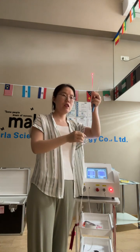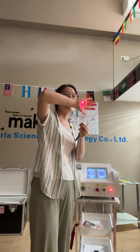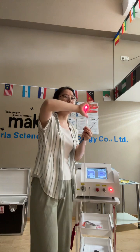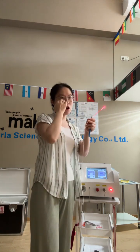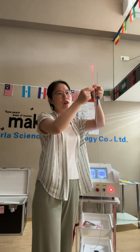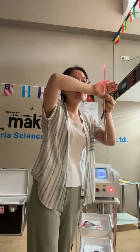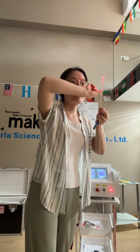As we all know, one fiber is 3 meters, and one fiber can be used for at least 30 to 50 customers, because each time after treatment, you need to cut the used part of the fiber. For example, if I do treatment on the face, I will need around